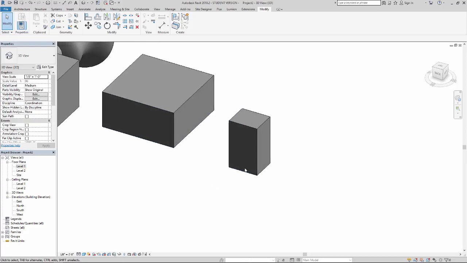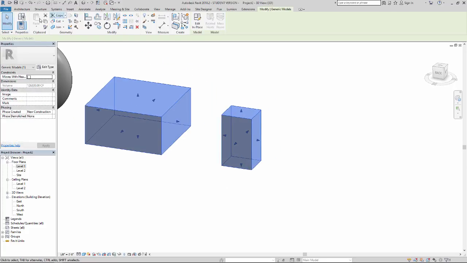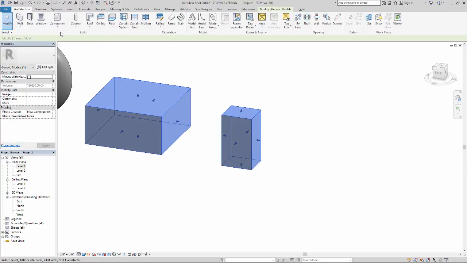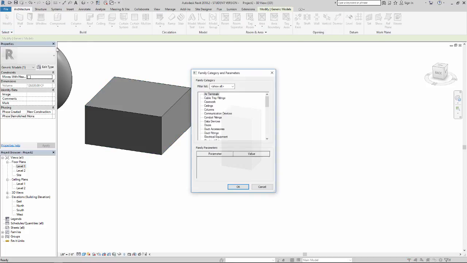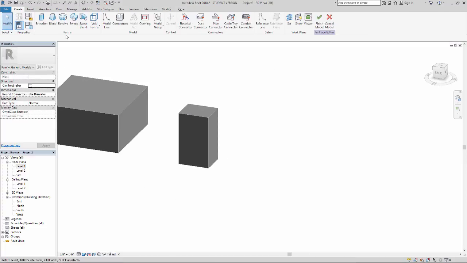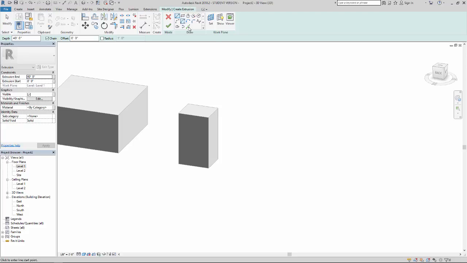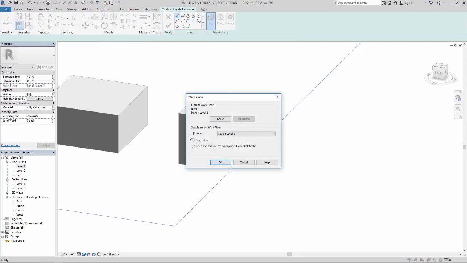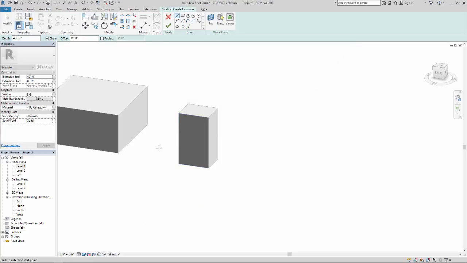So what I'm going to do is let's start by using an existing object. I'm going to go to Architecture, Component, Model in Place, and again let's use the generic models. So if I go to Extrusion, I can come right here to this set of tools, which are my reference planes or my work plane tools. I'm going to go Set, and instead of naming a plane, which right now is set as a default to level 1, I'm going to select Pick a Plane, and then OK, and I can select this side of that